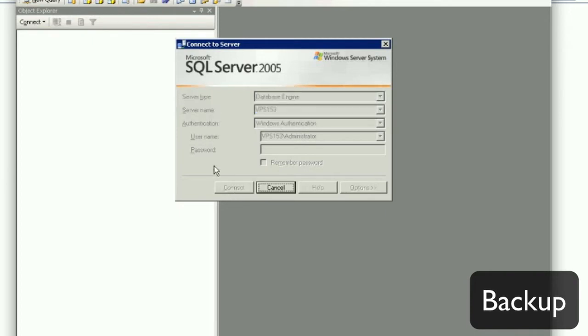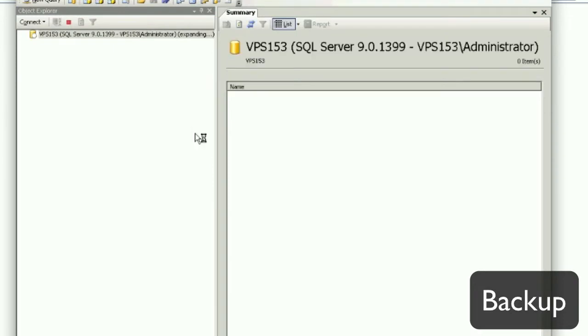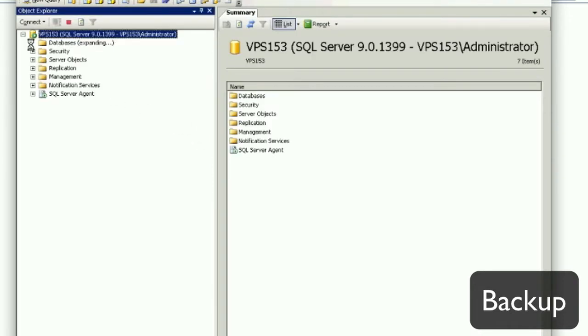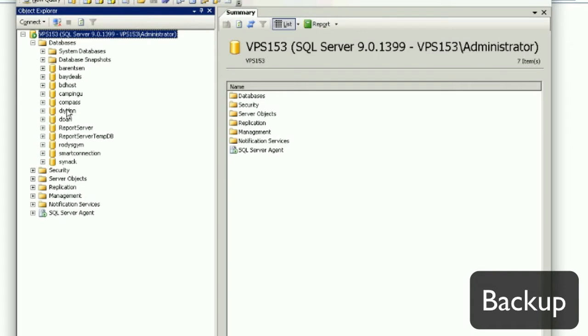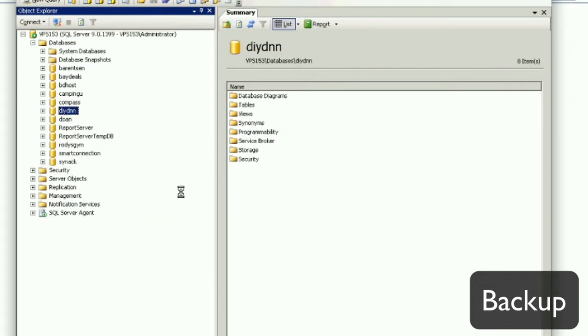Connect to our database. And we're running 2005. It's been the same for most versions, so we'll right click, tasks, go to backup,